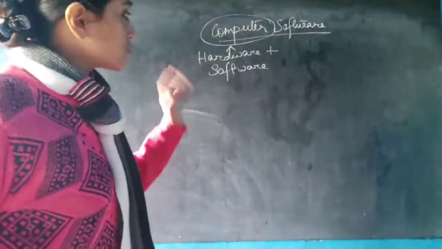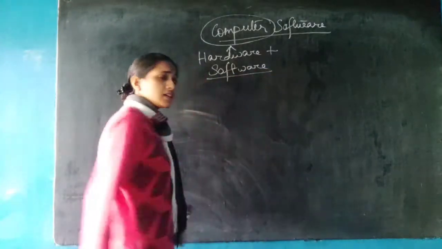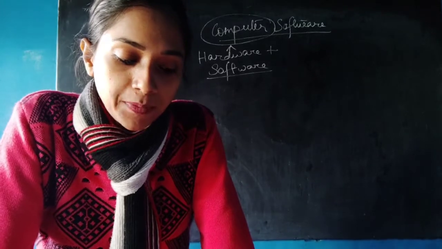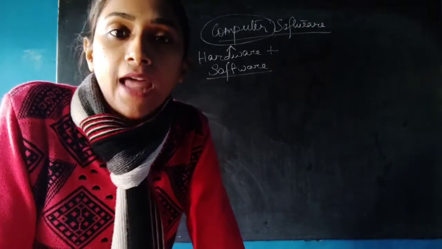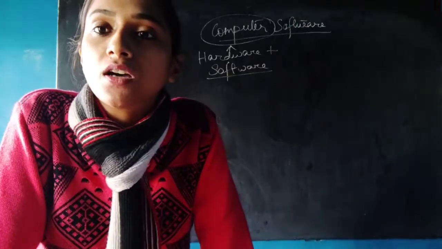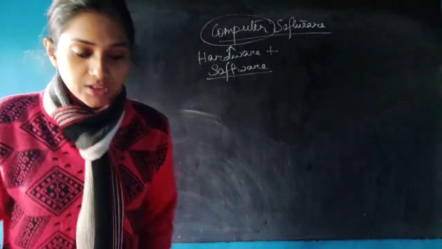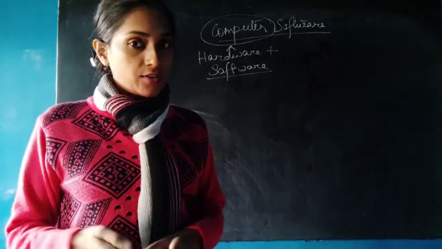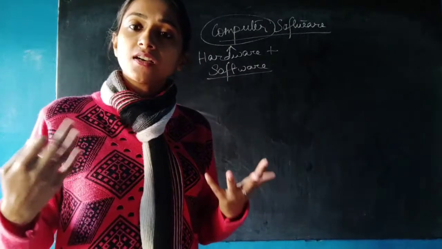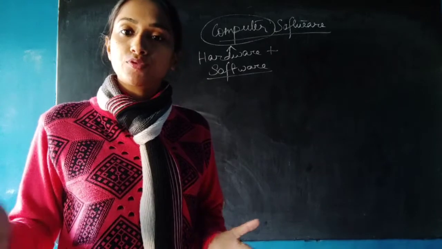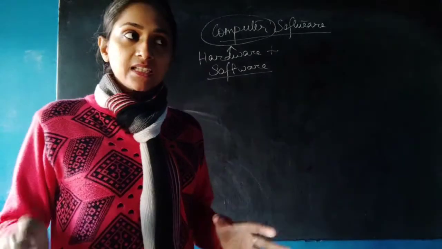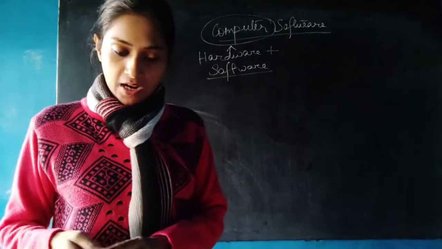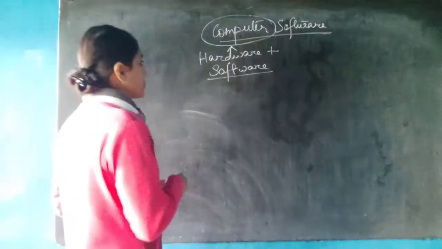Similarly, what is the software then? This software we can neither see nor touch or feel. But it is a computer program written in a computer language to carry out the functions within the computer. Every function, every task, to carry out these tasks, the program is written in a language, and this software or these programs help to run a computer throughout. That means it is the instructions written on how the work should be done.